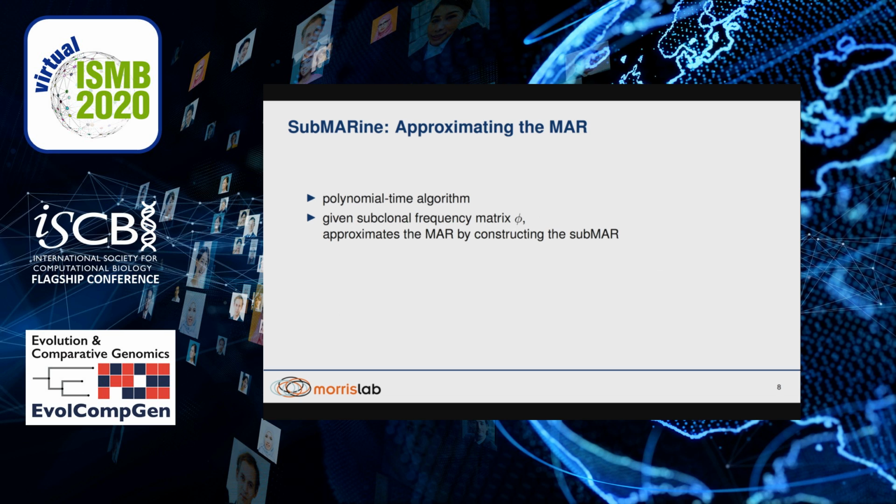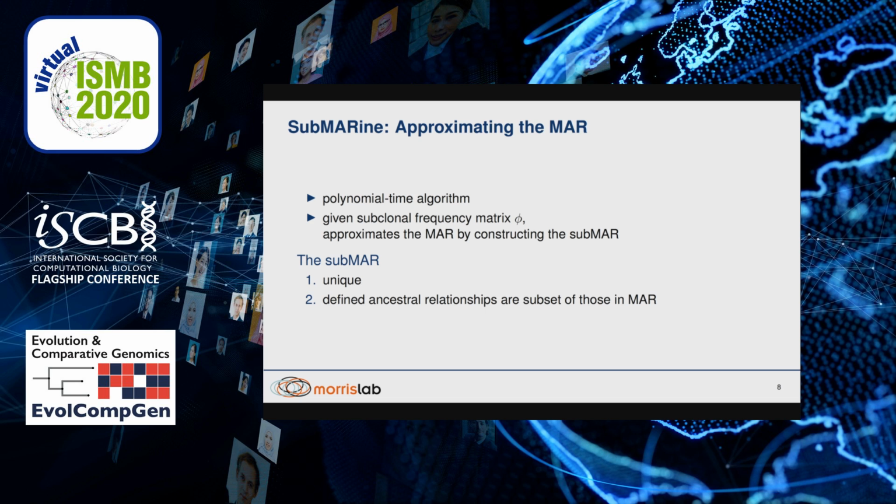This is why we developed SubMARine, our polynomial-time algorithm that approximates the MAR by constructing the subMAR, which is a partial clone tree that has three important properties. First, the subMAR is unique, which means that given the subclonal frequency matrix phi, there's only one single subMAR for this dataset. The second property is that the defined ancestral relationships in the subMAR are a subset of those in